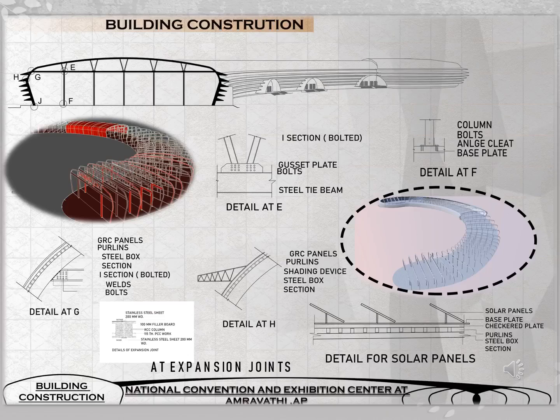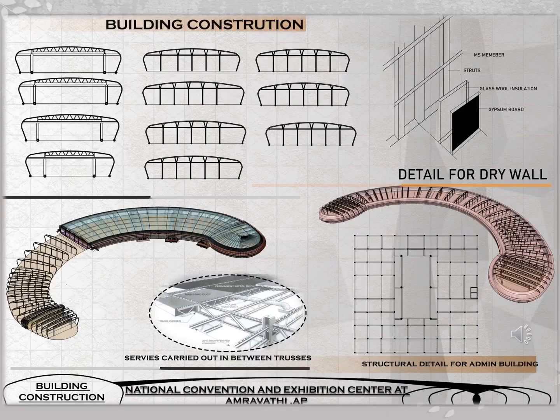The current slide shows various types of truss used, a drywall detail, the structural detail for the admin building, and the services that will be carried out between the truss. It also shows the location of trusses with respect to the purlins and the shading devices and the overall volumetric